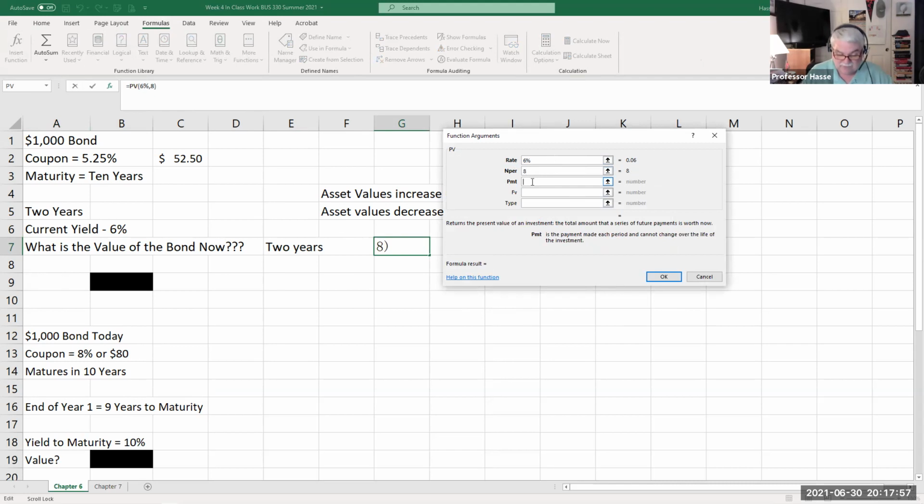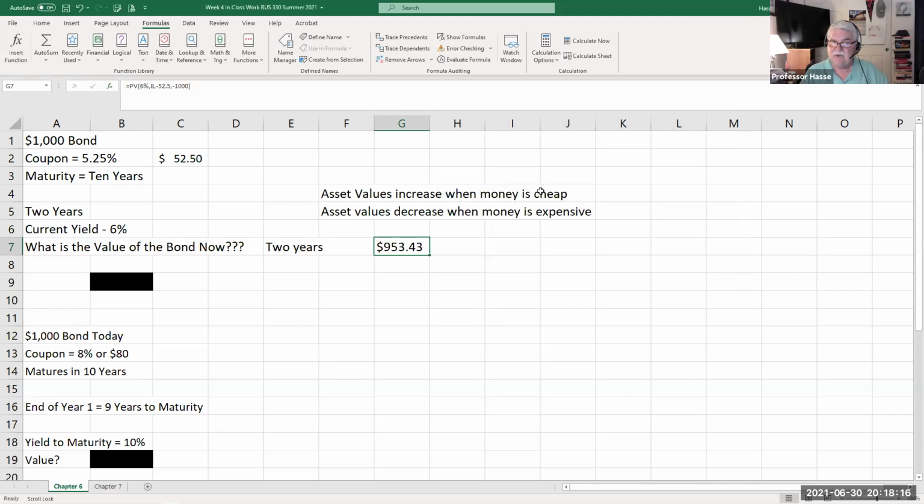I'm getting a coupon payment of $52.50 every year. And its future value at maturity, I'm going to get $1,000. What is the value of this bond now? In a 6% market, I'm getting 5.25% money. Notice it's gone from $1,000 to $953.43. That's a perfect example using a calculation with the present value of money that the asset value of this